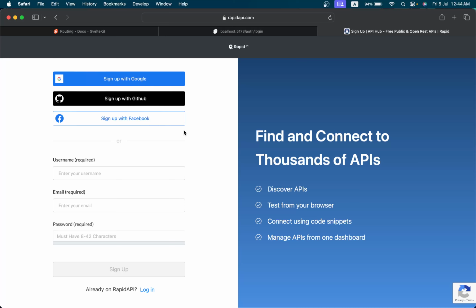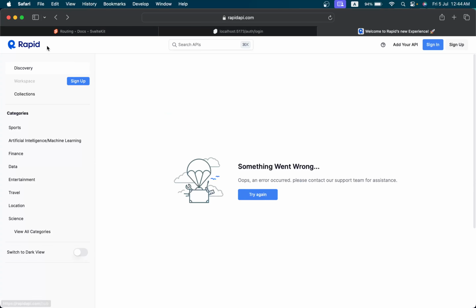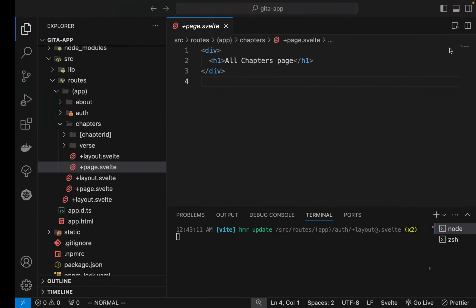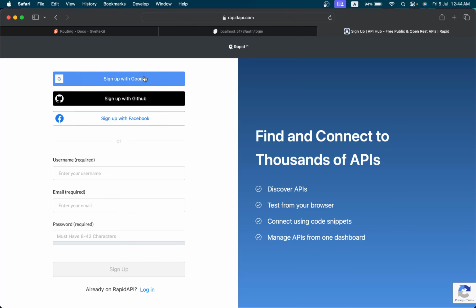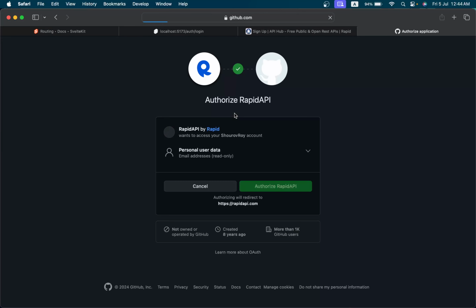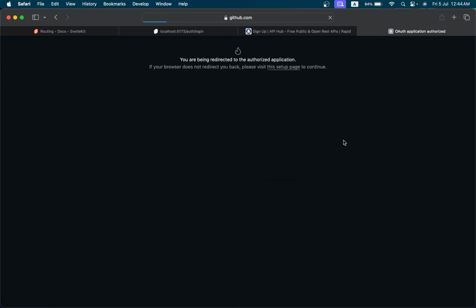See how it is working? It is using a different layout for auth and a different layout for this content. So that is the main thing that we are learning here. So I'm going to go for the sign up with Google, or let's go for GitHub for now. I'm using it, and I'm going to authorize it, and later on I will also delete it. So after creating it,